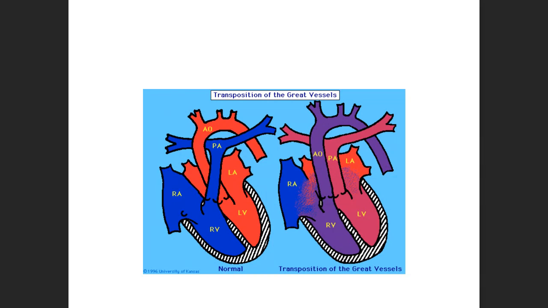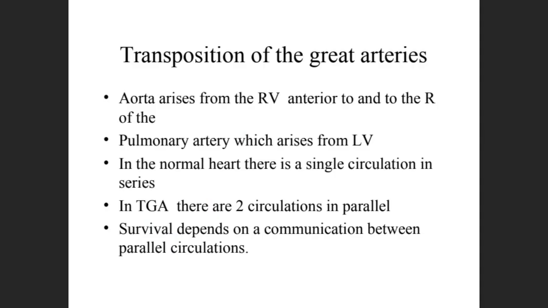So in the normal heart, there is a single circulation in series. In transposition of the great arteries, there are two circulations in parallel,